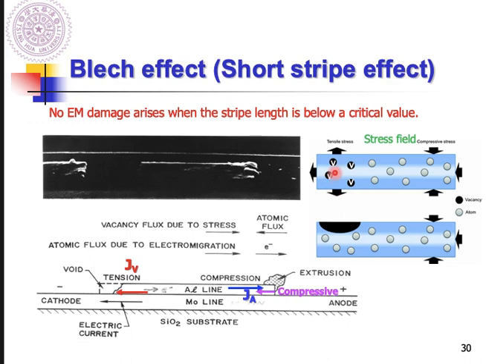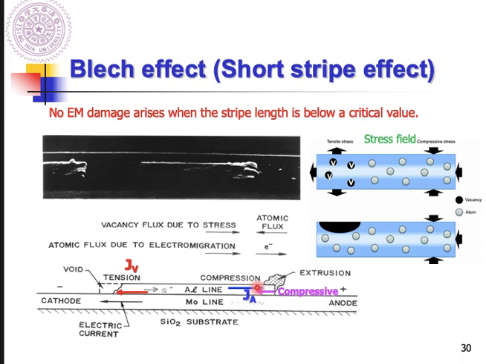And this is a tensile region compared with the compressive region. So there's a stress field. This stress field is going to induce atomic flux, to try to counterbalance the atomic flux driven by the electron migration. Okay, so in order to quantitatively measure the effect, how large this atomic flux is,